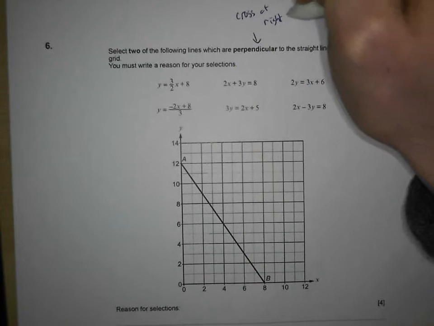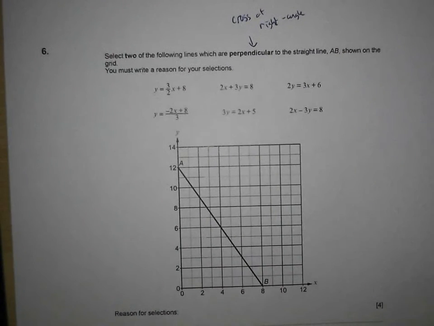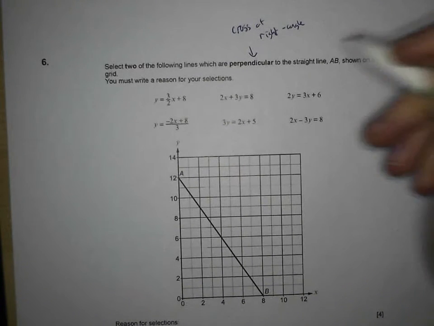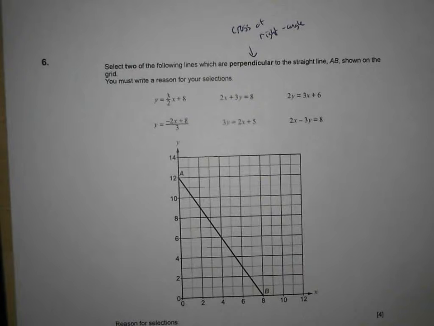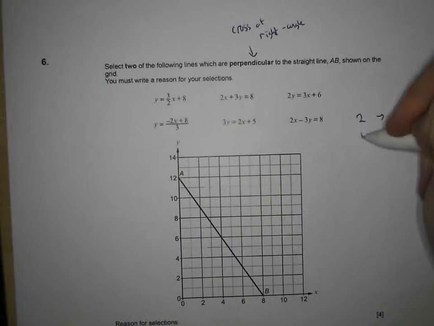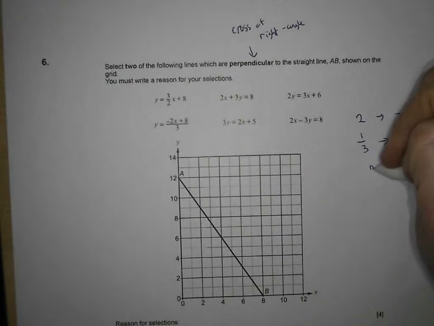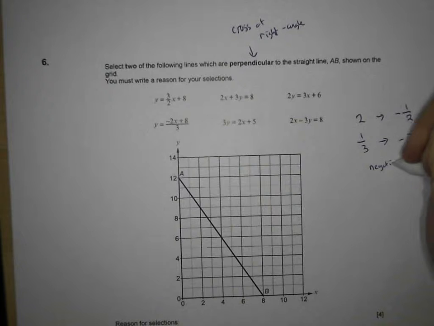And there's something very important that you need to know about the gradient of lines that are perpendicular. If you've got a line with a gradient of, say, 2, then the gradient of the line perpendicular to it is minus 1 over 2. And if you've got a line with a gradient of, say, a third, then the gradient of the line perpendicular to it is minus 3. The pattern here is that they are the negative reciprocal